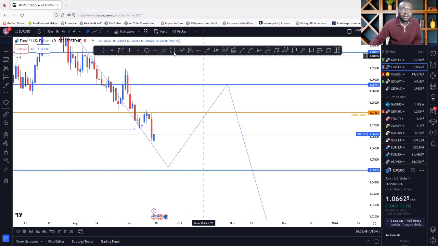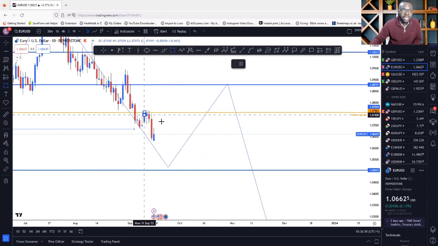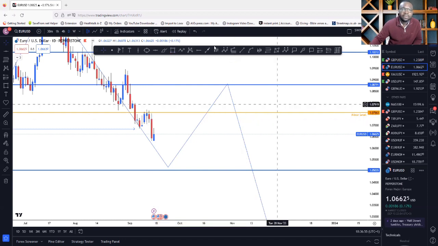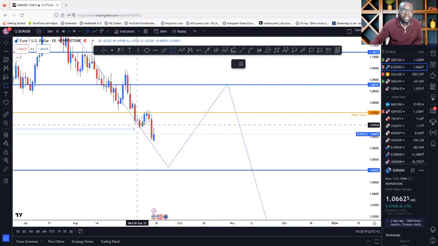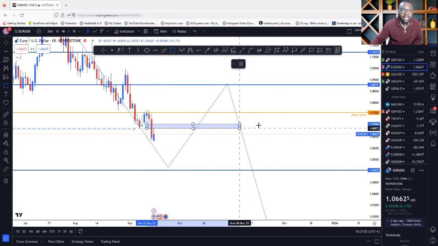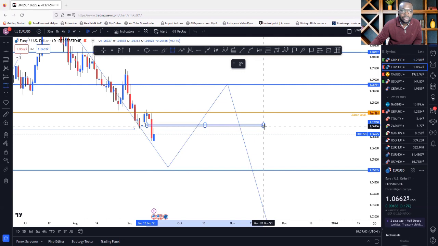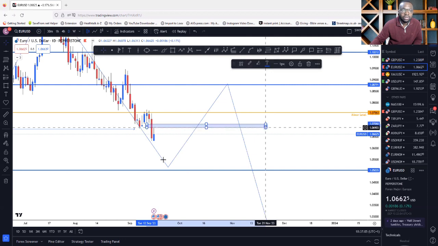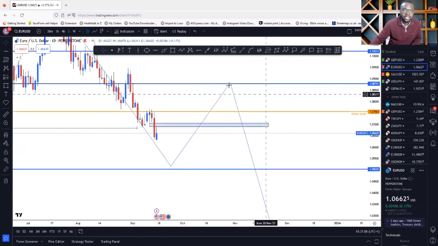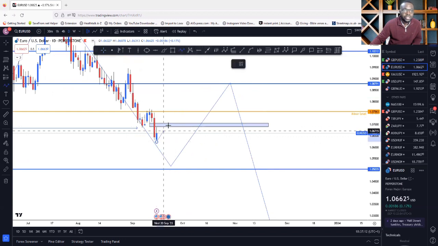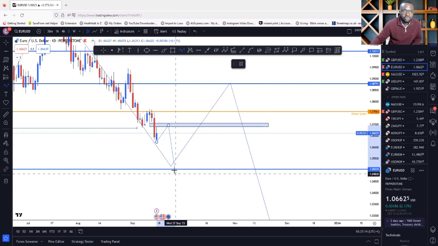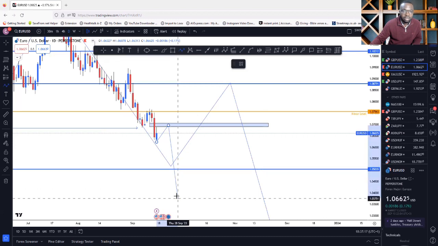So there might be another daily bullish candle that will tap into this order block or tap into the fair value gap. As you can see already, there's a beautiful fair value gap right there that price may tap into again, and then look for opportunity to sell it. So what I mean is this is another structure that we should be looking at for continuation to the sell. So price will continue and want to sell all the way down.